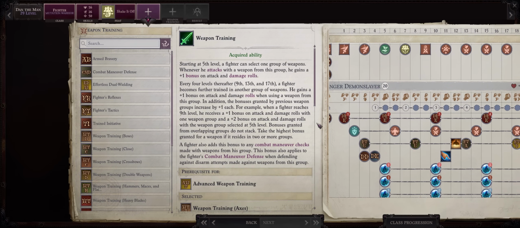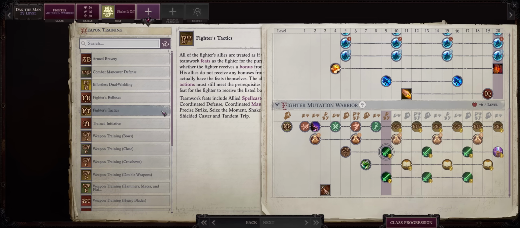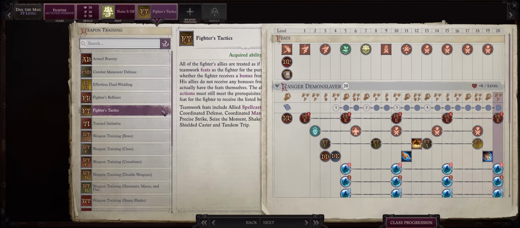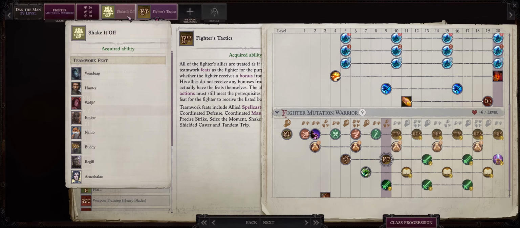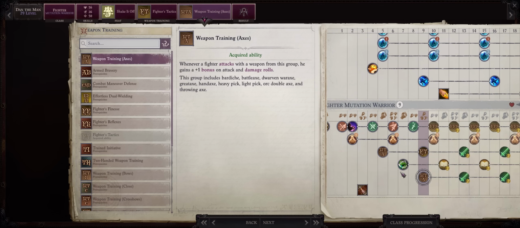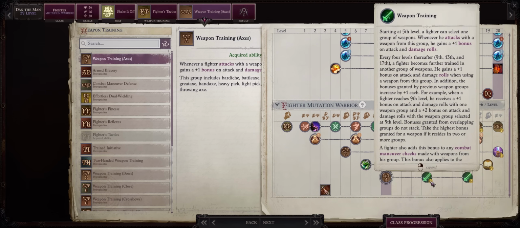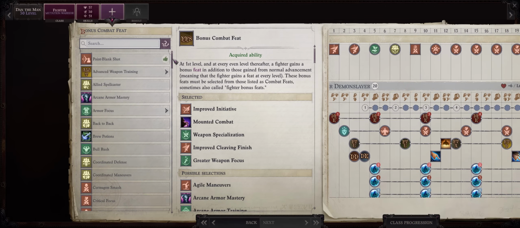The main reason is through our secondary weapon training ability, we can pick Fighter's Tactics, so just like an Inquisitor with Solo Tactics, when it comes to feats like Shake It Off, all of our nearby allies will be treated as if having the feat, at least to increase the bonuses of our legend. Then keep progression into weapon training access, which is also what you should pick on all of the other remaining weapon training secondary picks. For level 30, just equip any belt that grants you at least +2 to dexterity, and